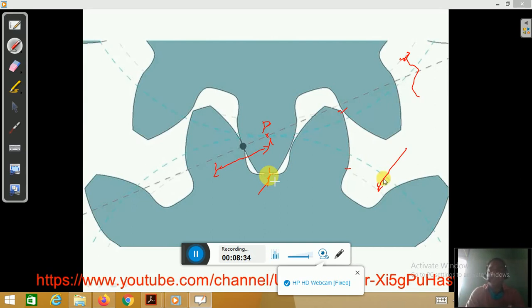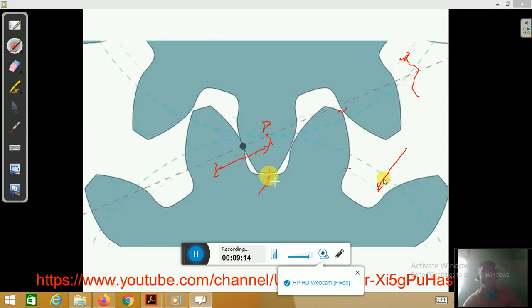If the material is dug out because of the interaction between the gears, what will happen? It will lose its strength, it will lose its ability to transmit the entire motion, and it may lead to failure of the gear and may even lead to accidents. So we have to avoid that. Therefore, we always provide the clearance between the gears, and this distance from the top of one gear to the bottom of the other gear is called the clearance. That was another important point to understand.